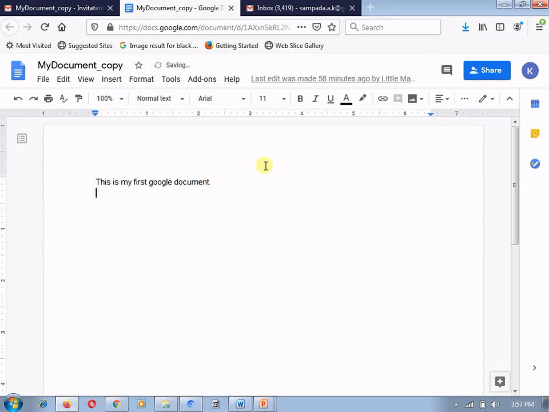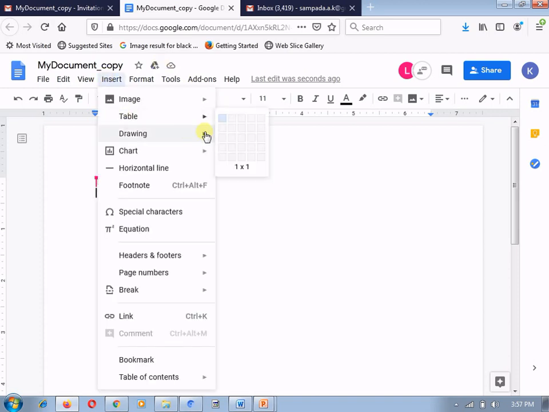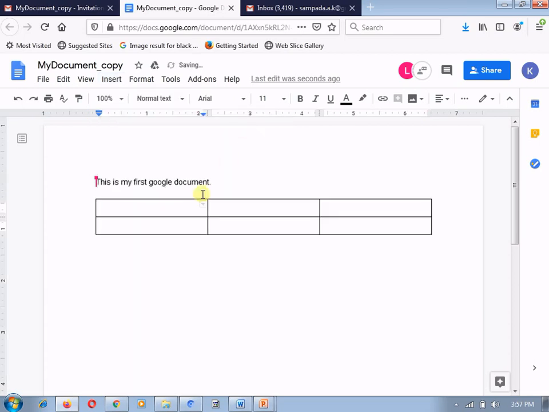Here you can make changes. Suppose I want to insert a table over here, and I am inserting a table with 3 columns and 2 rows, where the first column is roll number, another is name, and the last is marks. After this, I am inserting the first row of data: roll number is 1, name is Aryaman, and marks are 98. In this way I have made some changes.